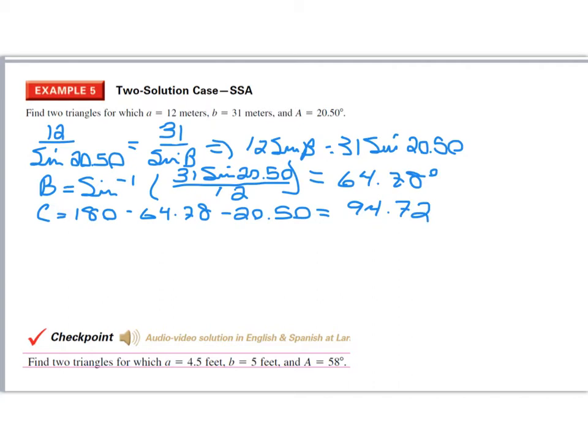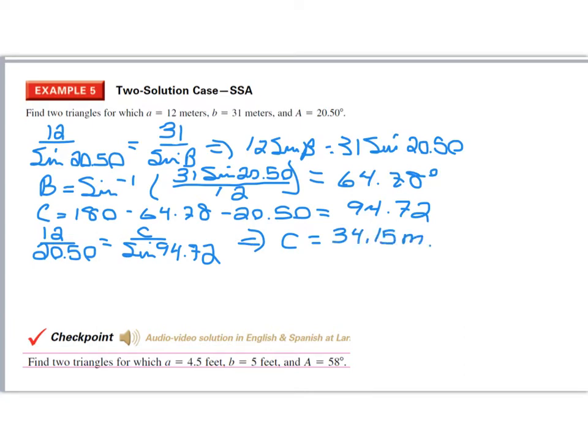Which means we can now do our formula of, let's see, we have a, so we've got 12 over 20.50 is equal to c over the sine of 94.72. And again, if you do all your math just like we did before, I'm going to skip over that, then your little c would be equal to